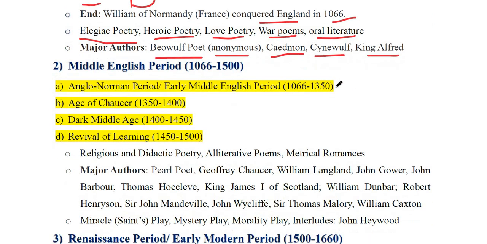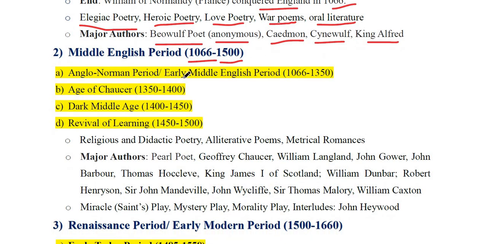Next comes the Middle English period. The Middle English period spans from 1066 to 1500. Now try to understand this time span: 1500 ends the Middle English period, but sometimes 1485 is also considered the end of the Middle English period. The thing is that